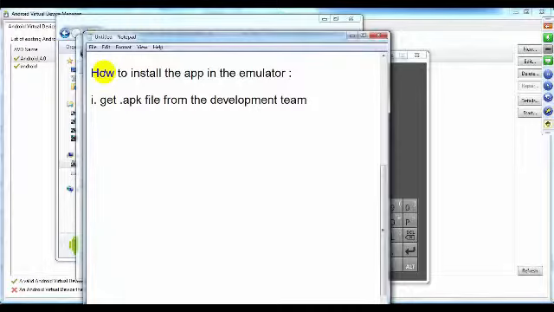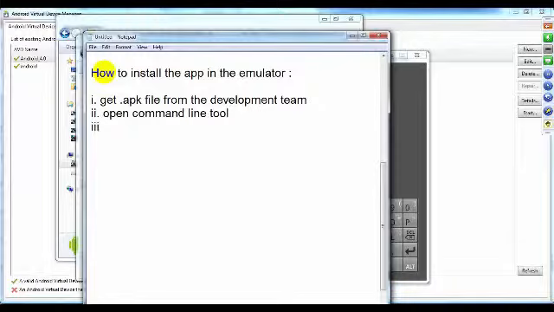I'm good with that. Now the second point, point number 2: what you have to do is open your command line tool or command prompt, whatever, command line tool.